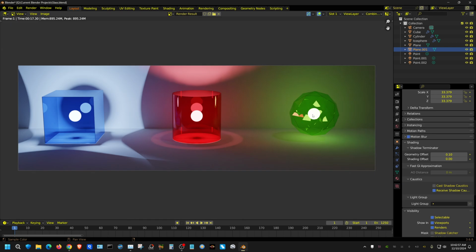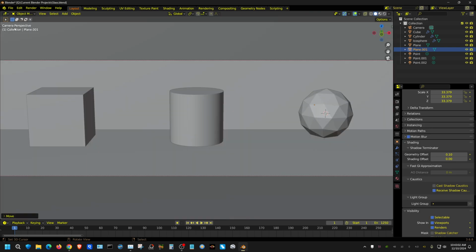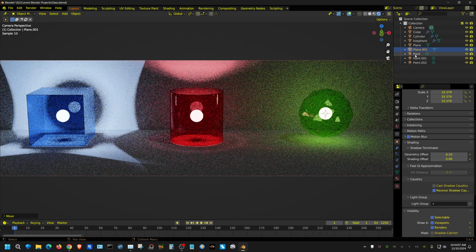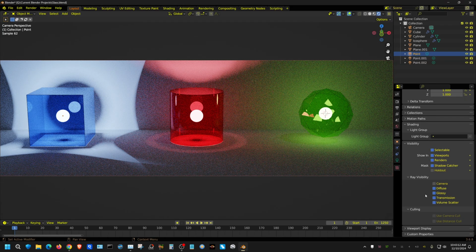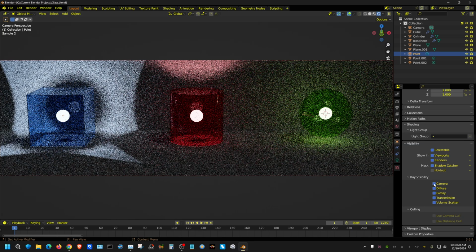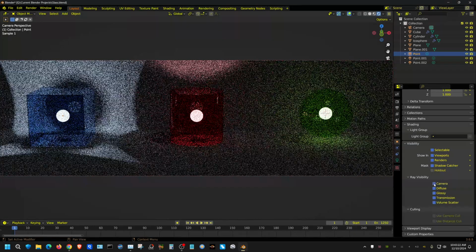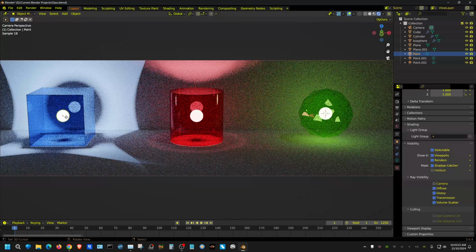In something like this, you may not want to see the light itself. Well, that's actually pretty simple. I'm going to put this in rendered view, and then just go to this point lamp. And then I can come down here to visibility, and you're actually not seeing it in the camera. If I was to turn this on, it doesn't really make any difference, because what we're actually seeing right here